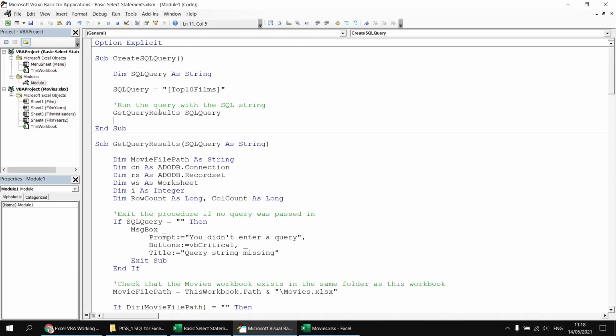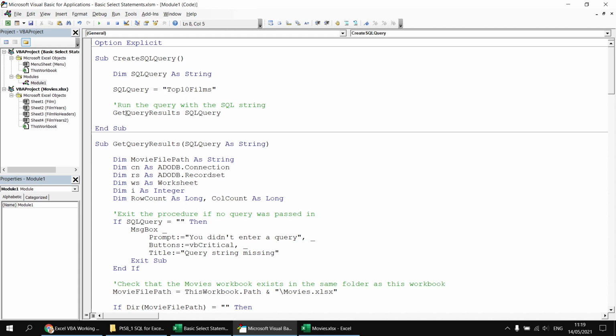Up to this point, we've always used a set of square brackets to enclose the name of the worksheet or the range name that we're selecting our data from. But the square brackets aren't always necessary. Square brackets are used to enclose identifiers, or the names of things, in SQL. You only really need the square brackets around your identifier if the identifier contains a space or other unusual punctuation character. So because range names can't contain those sorts of characters, you can happily omit the square brackets from around the range name,